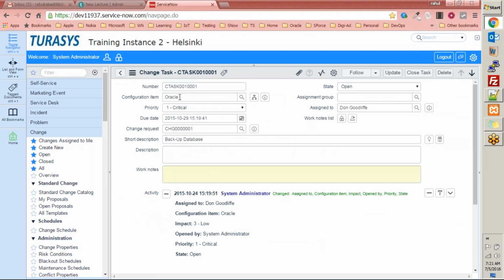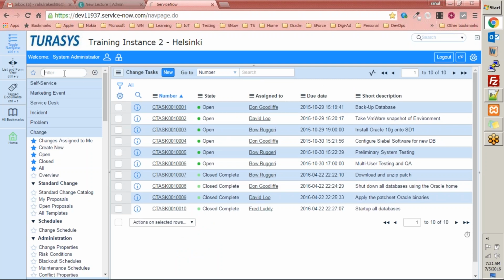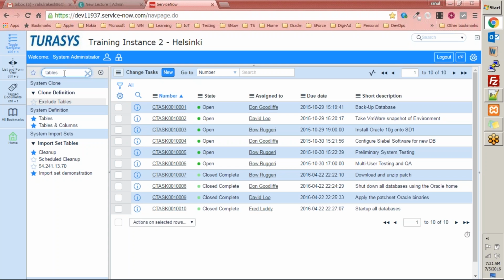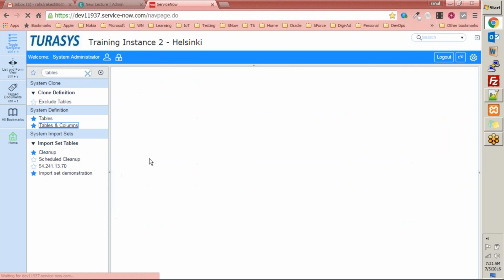See, there's a relationship. This was the data, change CH, these many zeros and then 1. A change request 1 is associated to change task 1, right? So within the database, you will have this relationship established somehow. If you go to tables and columns, and if you go to the schema map,